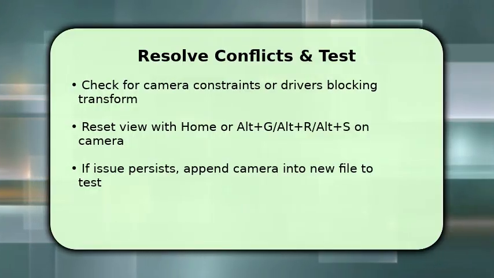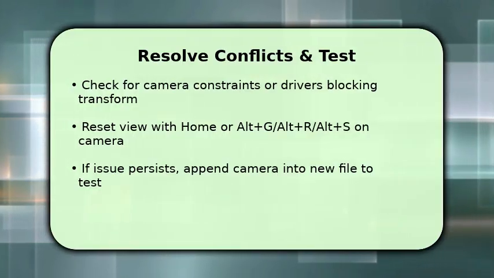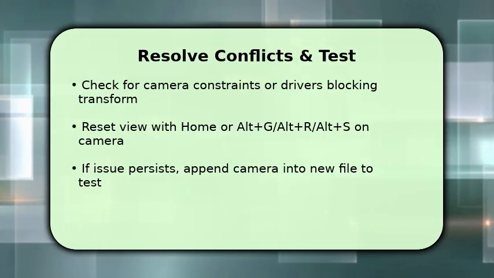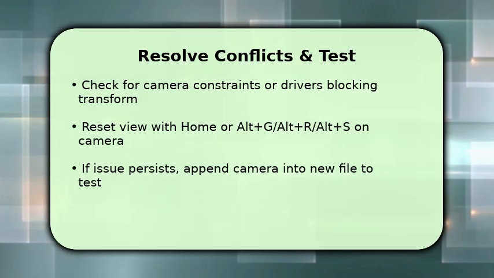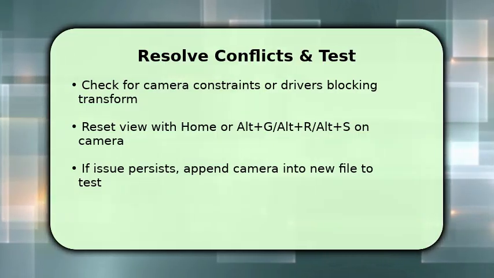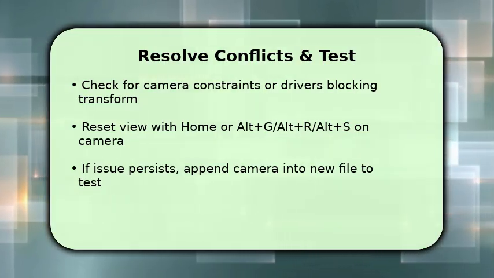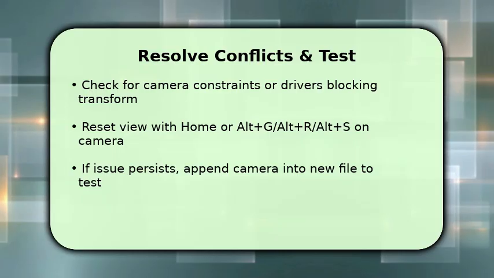If you still see no camera, try appending the camera into a new Blender file to rule out file corruption. One key troubleshooting tip: toggle preferences, viewport, lock camera to view. If enabled, it can make camera navigation behave like no camera exists. That often